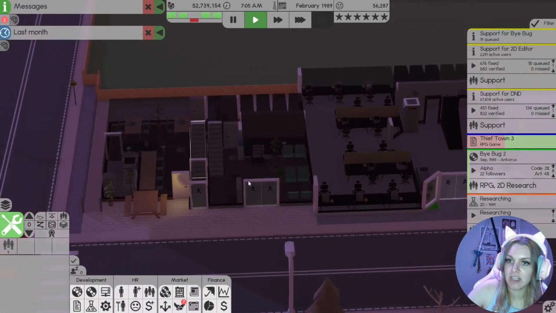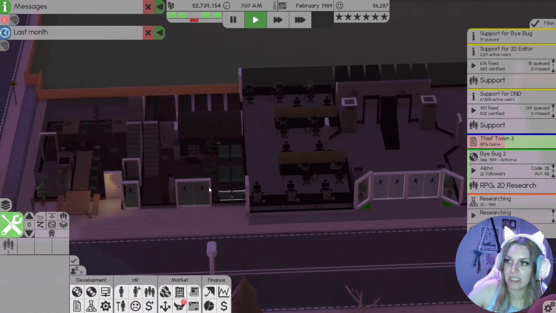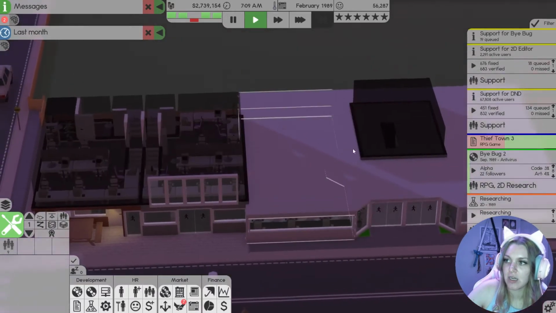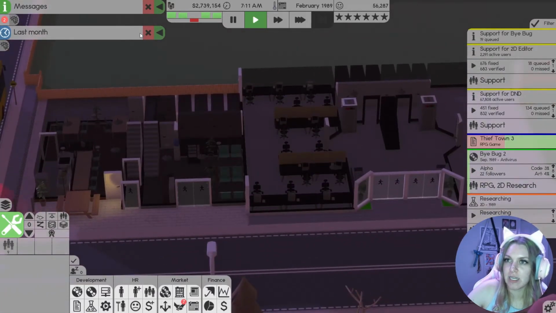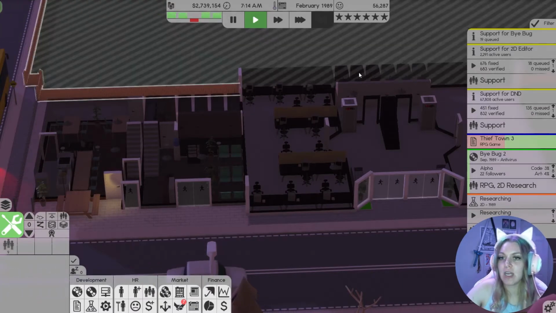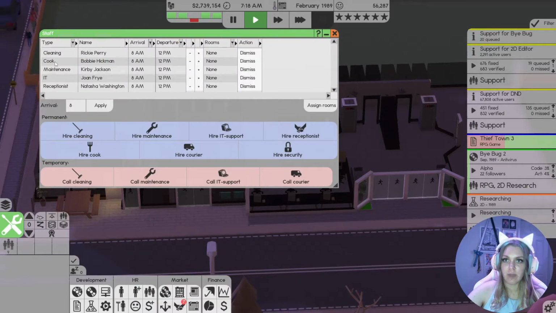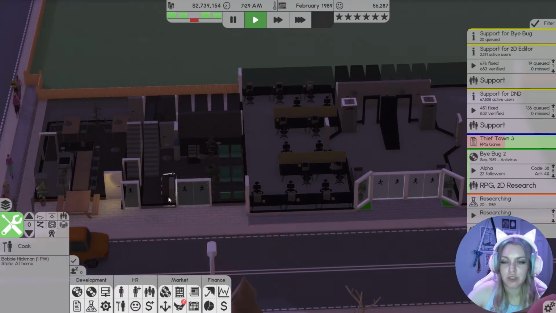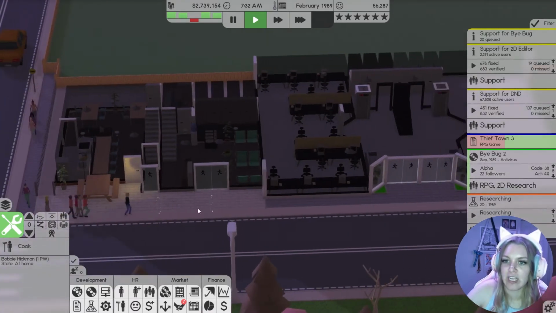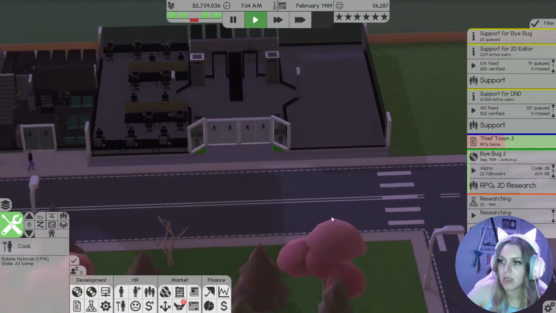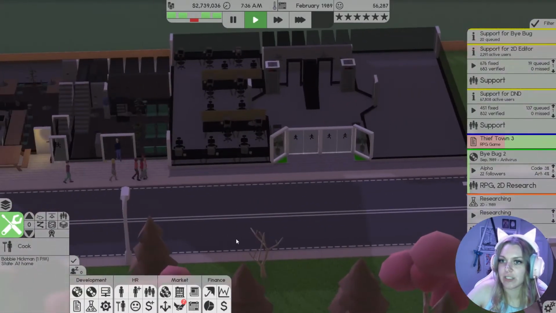Now that we have this new employee, we are going to also need to build a mess hall up here for them to eat at, because I think we're going to get a lot of notifications here soon that they do not have access to enough food. The alternative is that we can hire another cook to come in at 12. How about let's do 1, so they'll do 1 to 5. So we'll have 2 chefs working around the entire working hours. Good news is nobody is cutting over the grass over here, thank God.